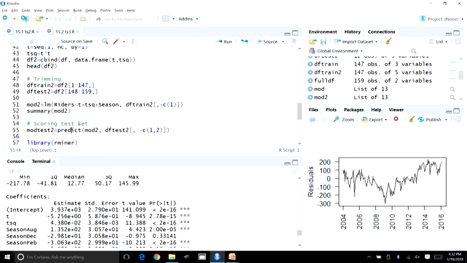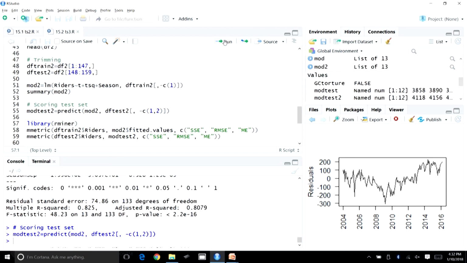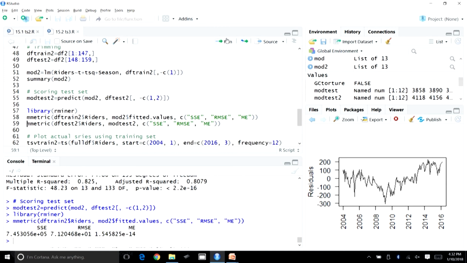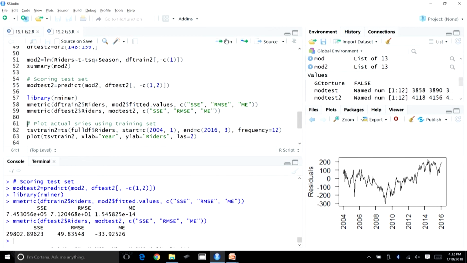We will score the test set. Now, let us compute the metrics, first for the training partition and then the test partition. Let us have a look. The RMSE value for the training partition has come down, and the RMSE value for the test partition has come down. Focusing on the test partition, the RMSE value has come down to 49.